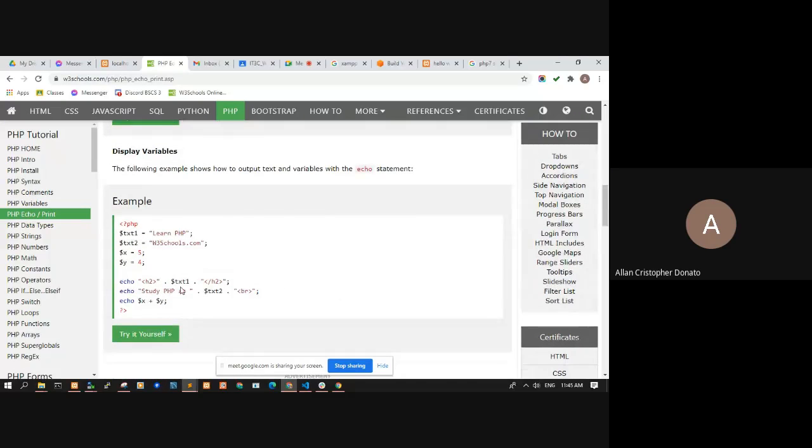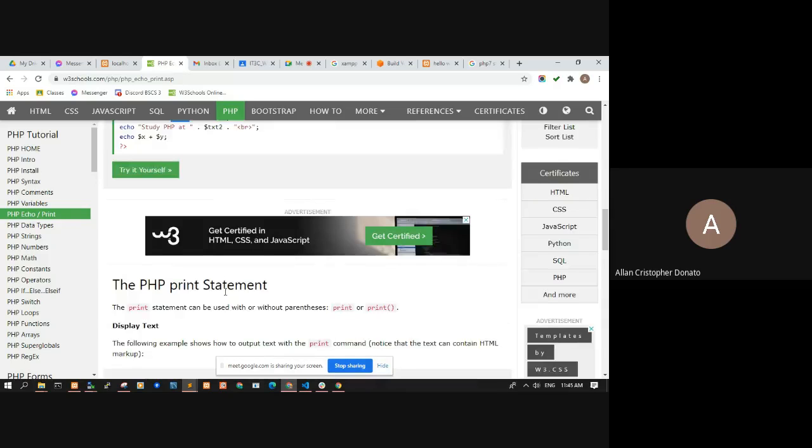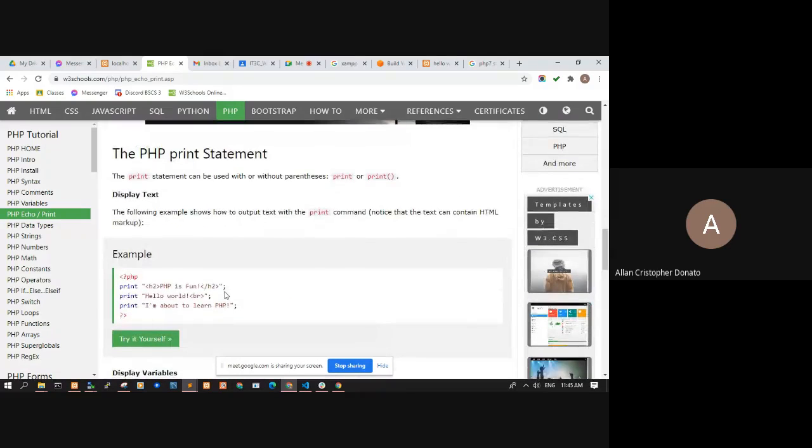So to display variables here, echo dot. So in order to echo variables, you have to put the variables outside of quotation marks. Although it can be put inside double quotation marks, but to be safe, you can put it outside. Okay? So the print statement can be used with or without parentheses.